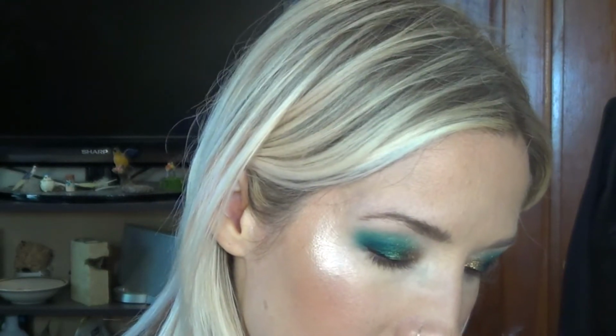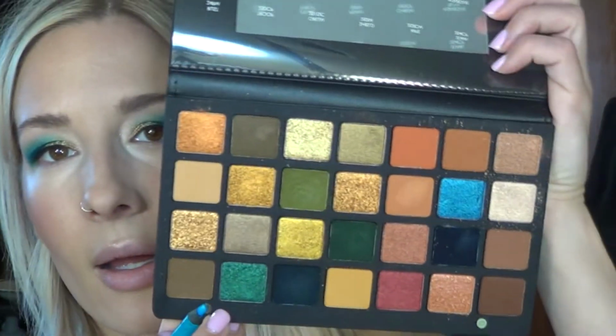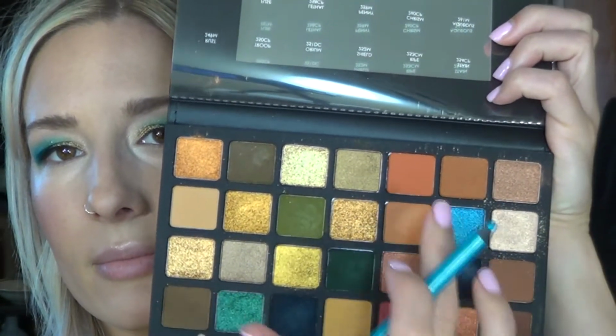So I'm not using any more colors. I'll do another look using different colors here. I did a look using the greens the first day I got it, which was... no, I got it Thursday. I did a look using the greens on Friday and I really enjoyed it. So I might film that, but I do want to also play around with some of these orangey brownie colors that are in here. There are so many options in this palette. And when I first got it,